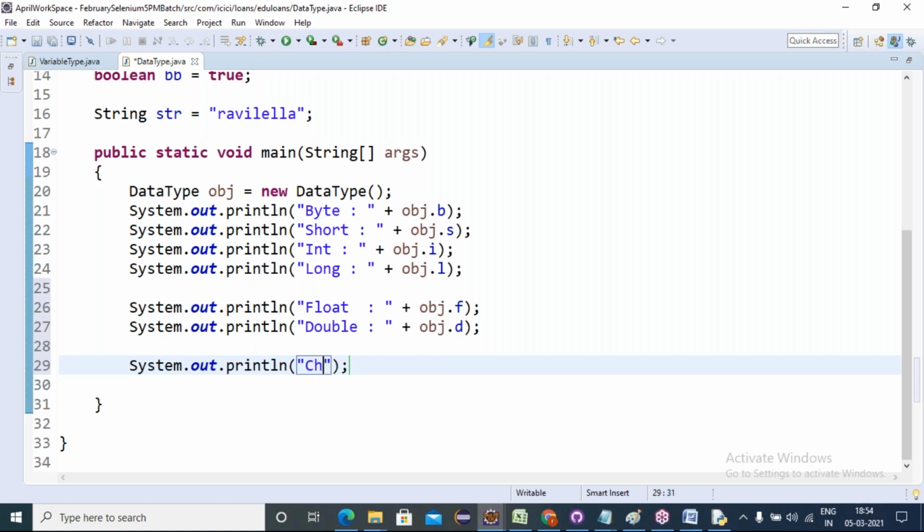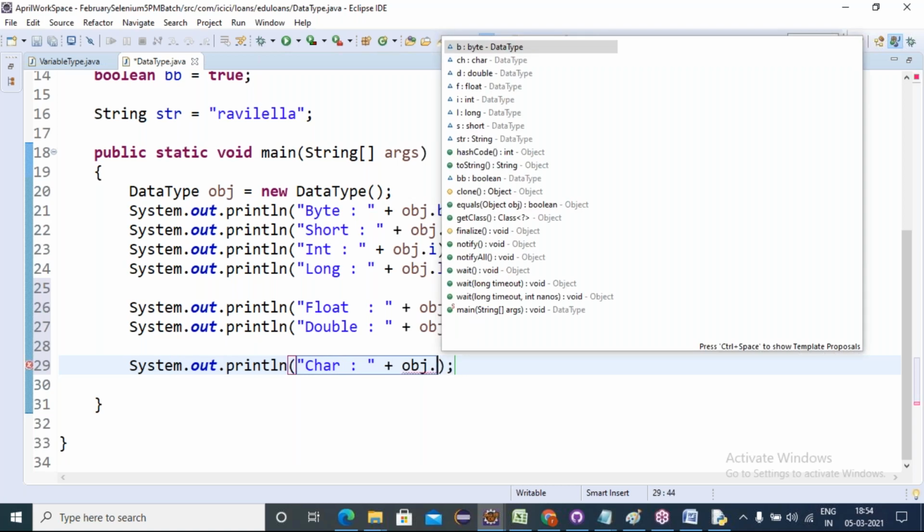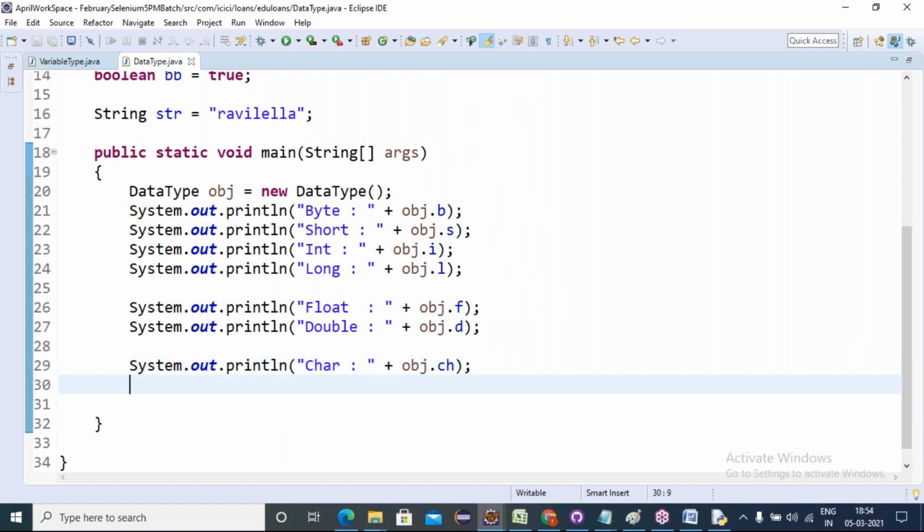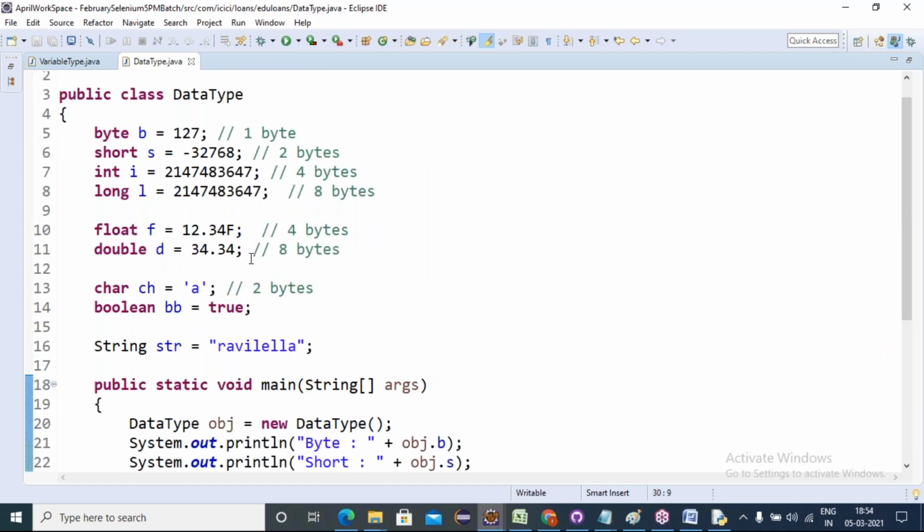Vikrant, I have a quick question here. When you use a decimal value for a float, you put f to make it a float. If you want to use a decimal, why didn't we use double? Is it because of the bytes it is taking?